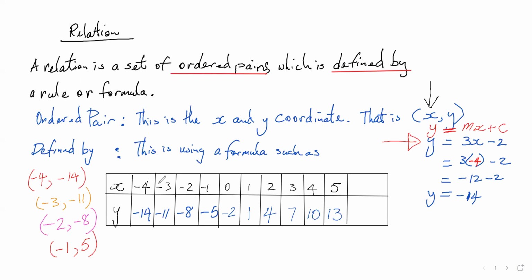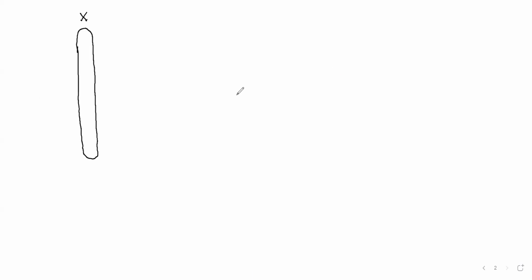The set of X values that we just had, starting from -4 to 5. So I'm going to write them: -4, -3, -2, -1, 0, 1, 2, 3, 4